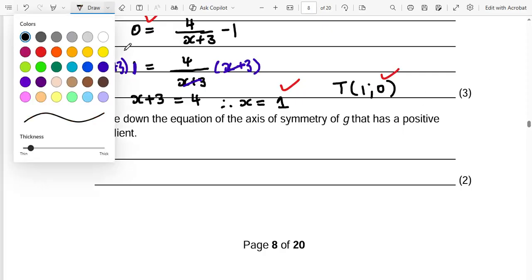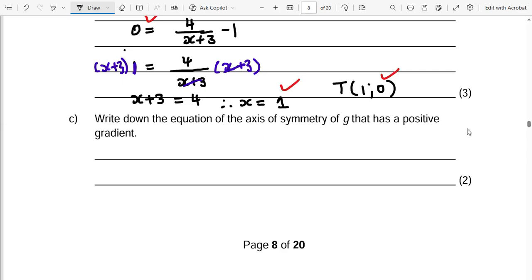Ladies and gents, please note that the axis of symmetry is in the form of y is equal to x plus c. If it has a positive gradient, it's this. But for negative, if next time they ask you for a negative gradient, just know that y will be minus x plus c. That's the difference. So now, what you're going to do now,